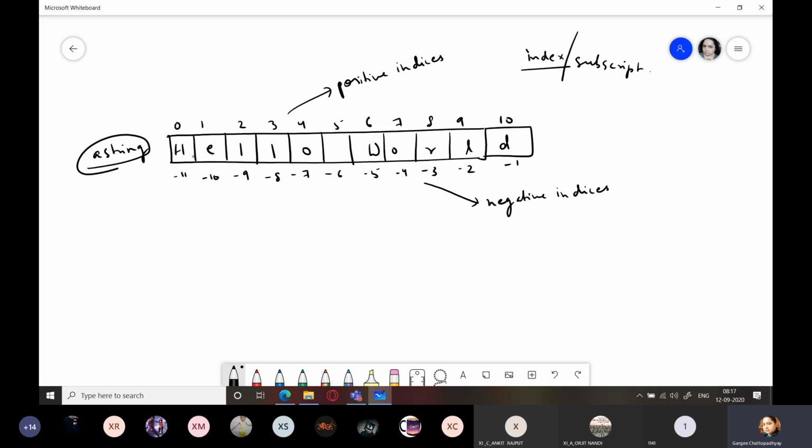And you can see all the characters are stored in consecutive memory locations, that is adjacent memory locations. Got it? So they are stored in adjacent memory locations, and positive indices run from left to right and negative indices run from right to left. Got it? So this is how your string is represented in the memory.